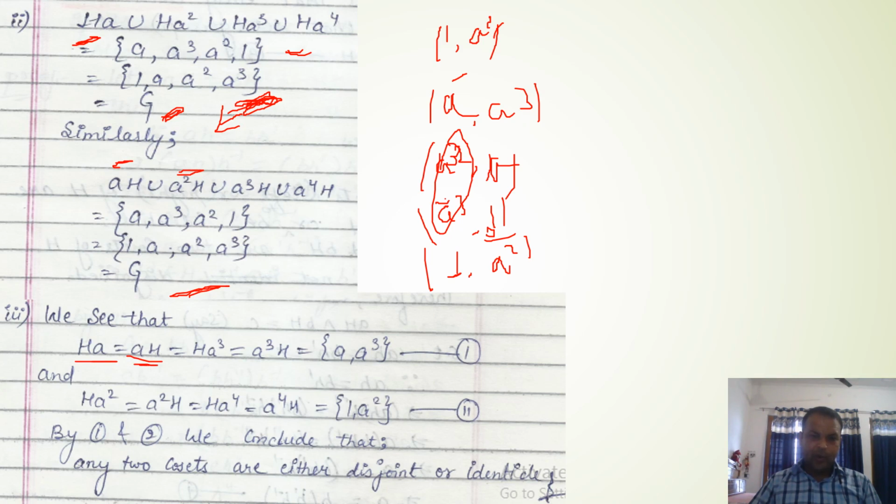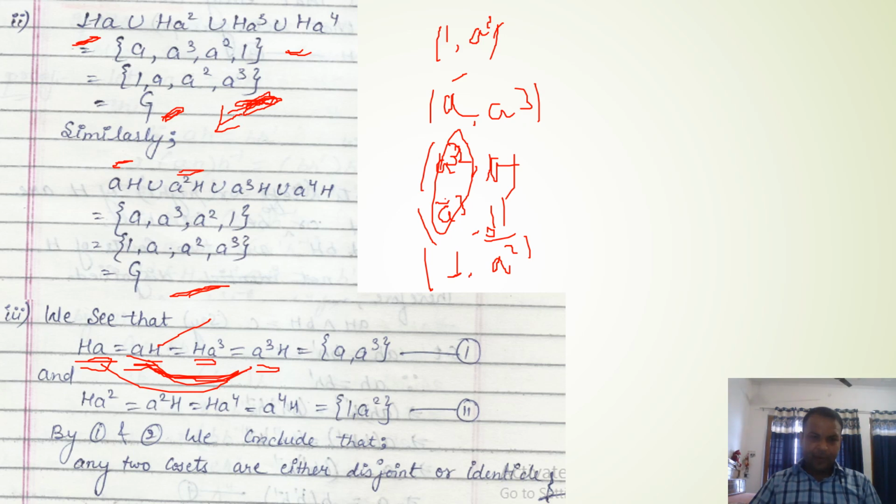So these two cosets are equal. It means the left coset and right coset are equal, which is also equivalent to HA cube and A cube H. It means these two left cosets, AH and A cube H,